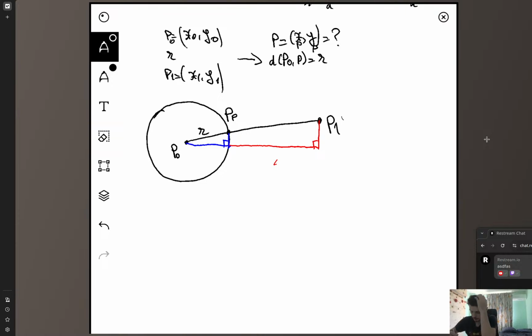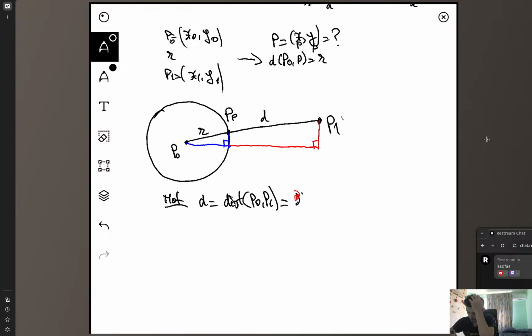And now let's add some notations here. So we know that this is r, right? Now let's mark this as the distance. So let's just call it d. The distance. So d is basically the distance between P0 and P1. So let's note d equals the distance between P0 and P1, and this is basically